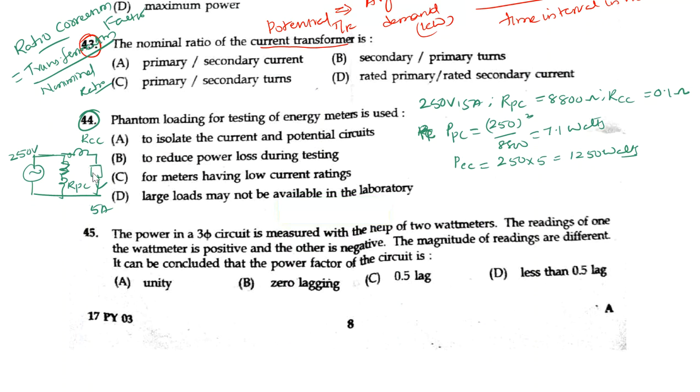Here the R value may be some load, maybe any other value, but we know the voltage, we know the current, so there is no need of bothering about this resistance here. You can take it as the entire circuit loss, load here. Okay, losses here. So PC is equal to 250 into 5.